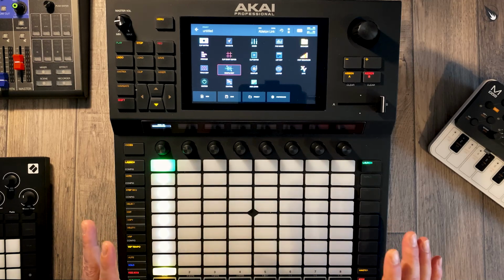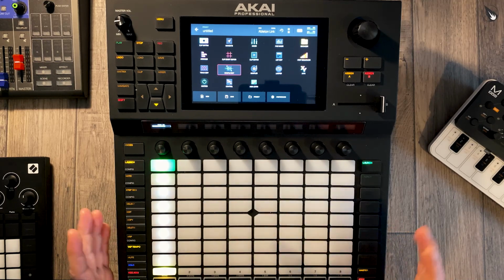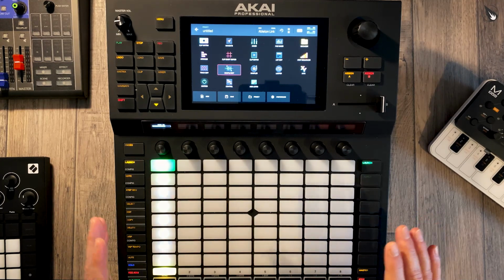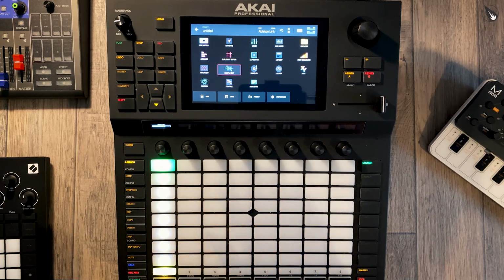So I thought I'd have a go at doing a similar thing on the Force to see if it was possible, which it is to a degree, and also to see if it's possible to make it sound good in a performance as well. So that's what we're going to do. The first thing I've done is